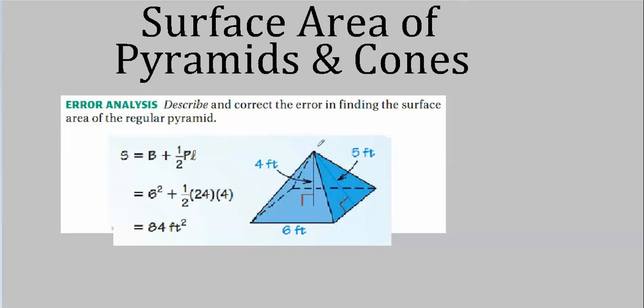The distance from the vertex to the base, what in the world would that have to do with the altitude of this triangle? It's not even part of this triangle. Well, we can compute it. They're related according to the Pythagorean theorem, but we can't interchange them. So this is supposed to be a 5.